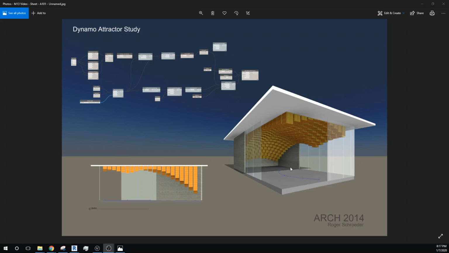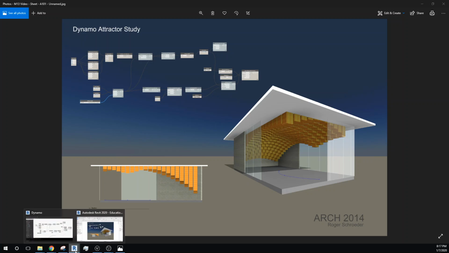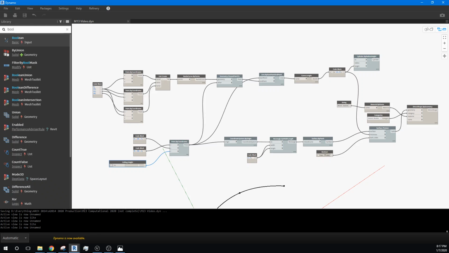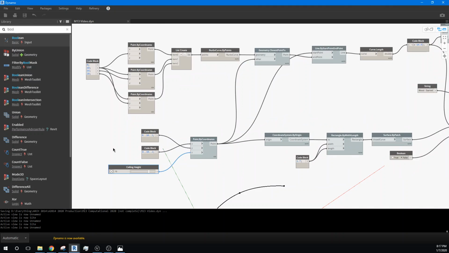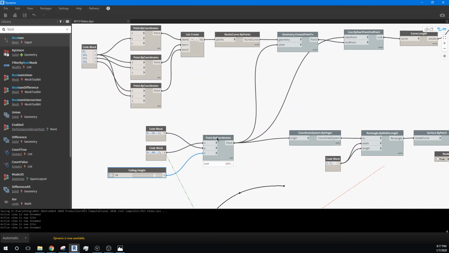arrangement, and the first thing I did was change the amount of roof, or excuse me, ceiling tiles that we had. And I'll show you how I did that in the code. And then we'll come back and we'll look at the screen again. So I'm going to go out to Dynamo and I'll show you a few changes that I made. At this code block, which sets up our array, and if I turn that on right now, I'll just preview